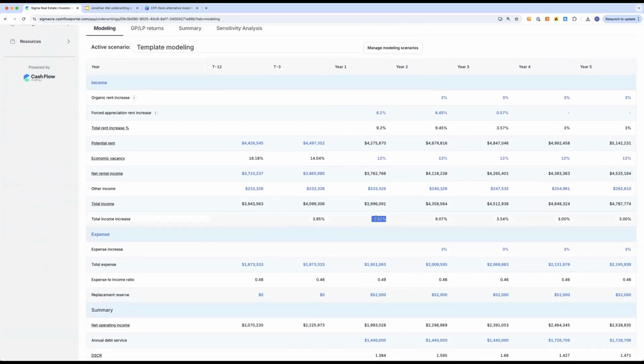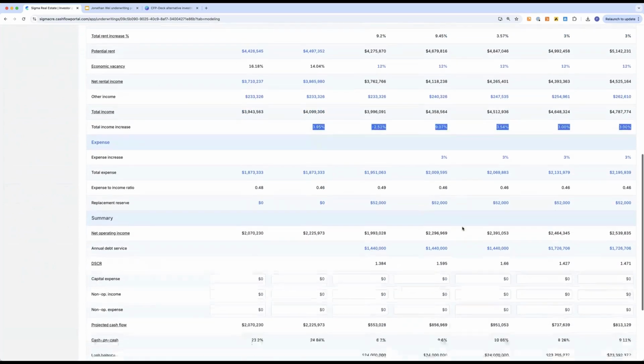It seems like the first year my total income actually decreases. Second year I'm 9% increase, then 3.5%, 4%, 3%, 3%. That's pretty good. That's a reasonable rental increase to me. Okay. My expense ratio at this point is gonna be 49%, 46%, and I'm saying I'm running it pretty lean and efficient. I believe that story. Okay, that's good. So far, so good.